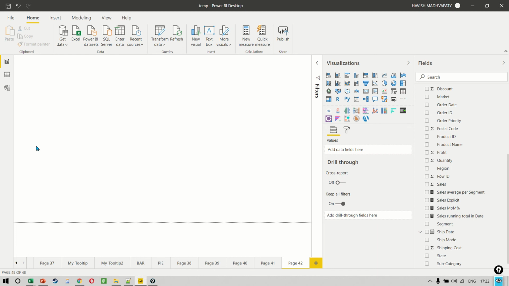Let us look at another quick measure. This is probably one of the longest formulas that you would have seen on Excel or otherwise, and it's going to be fairly complicated. So while I will give you a very high level overview, this is like a 1 hour explanation. I would be more than happy to explain this entire formula to you, but for now you can just utilize it from the quick measure.